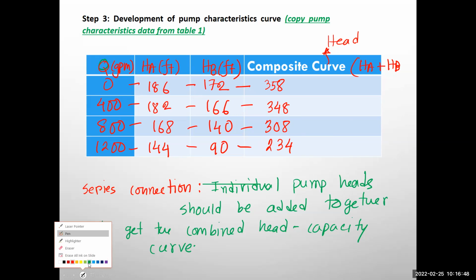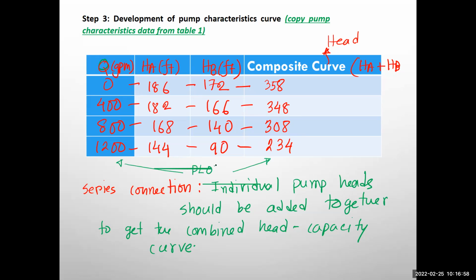So which column will you plot? So this one and this one. Plot these two. The Q is in GPM, H is in feet. Plot these two. And now you have composite head part and the system part. So you should get the operating point for